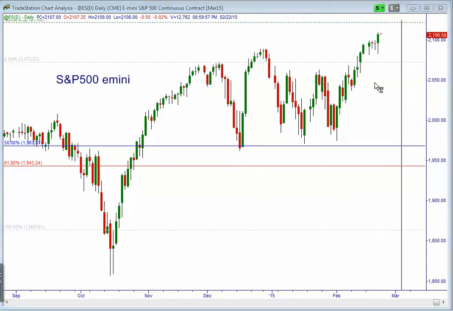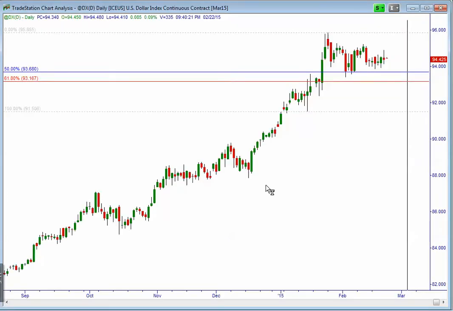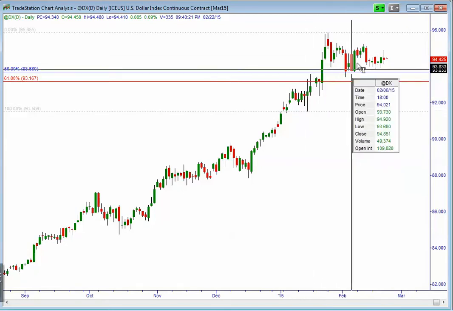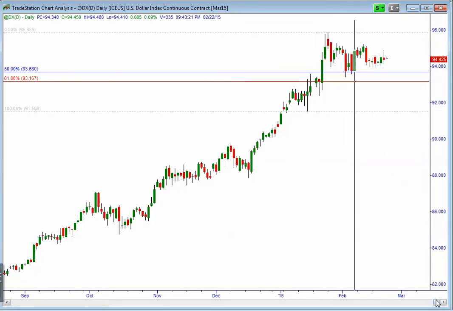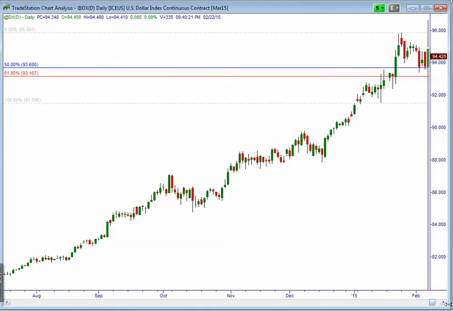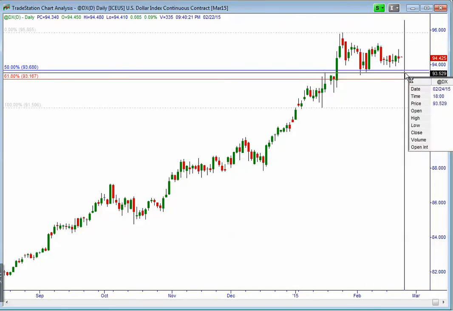That's the next stop for this market. Let's look very quickly at the dollar index. The dollar index has been moving laterally. Again, we identified this anchor after the fact, after price actually tested this level, then it was retested again. So this price is moving laterally on top of a level of support,